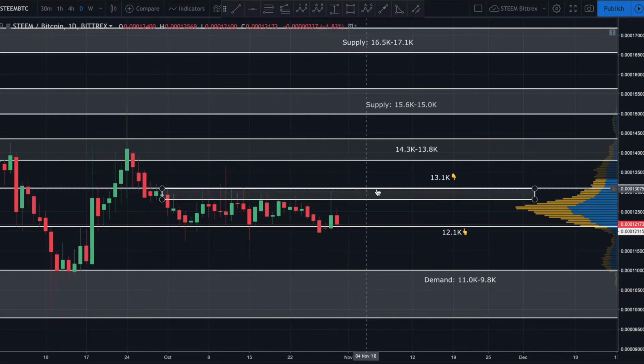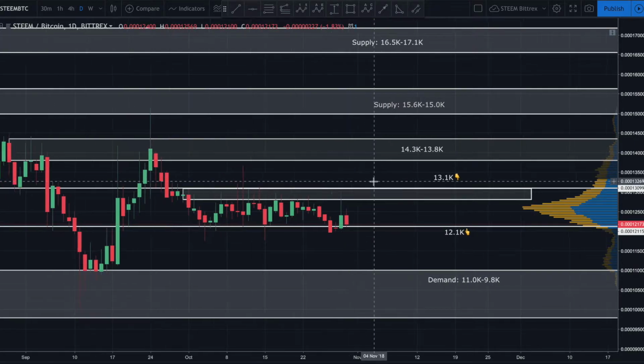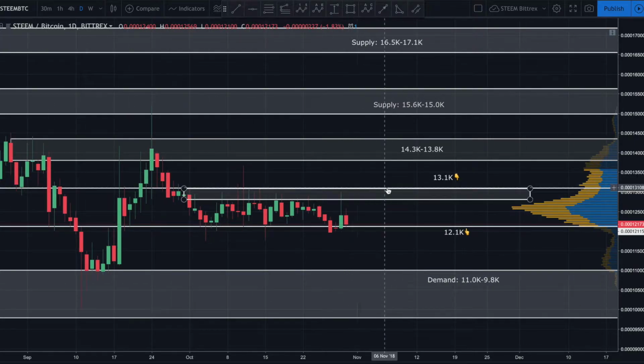I'd like to see us test this resistance again, and a daily candle that closes into this resistance. What we need to see, though, is a break above and then consolidation above 13,100 Satoshi. If we can break above and get that consolidation above that zone, I'm going to start to get extremely bullish on STEEM, and at that point we're going to be eyeing this resistance area up